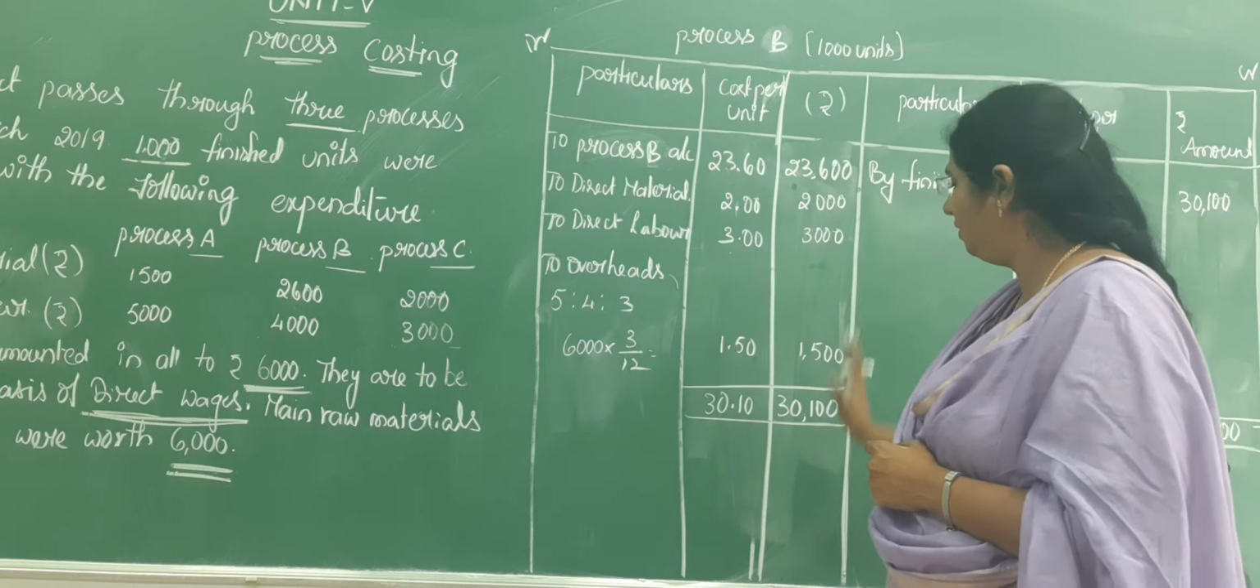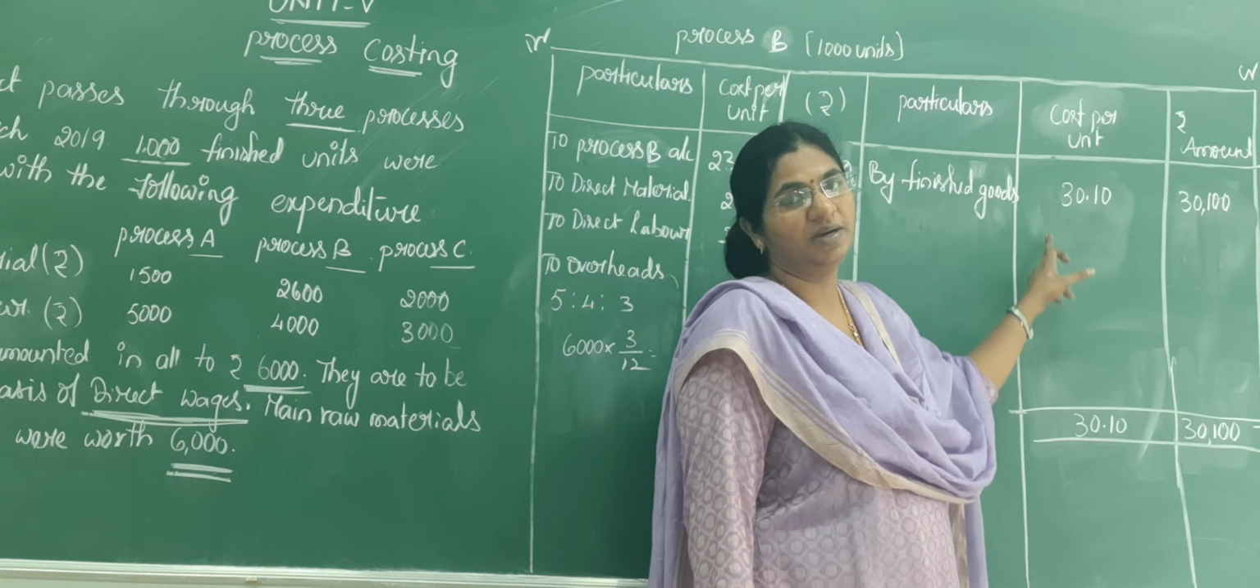All processes are over: process A over, process B over, process C over. Then what should we do? The product is finished. All 3 processes are over. So what do we need to do? We need to transfer it to finished goods. So what is the value of finished goods once the product is made? 30,100. Here it is 30,100 and each unit costs